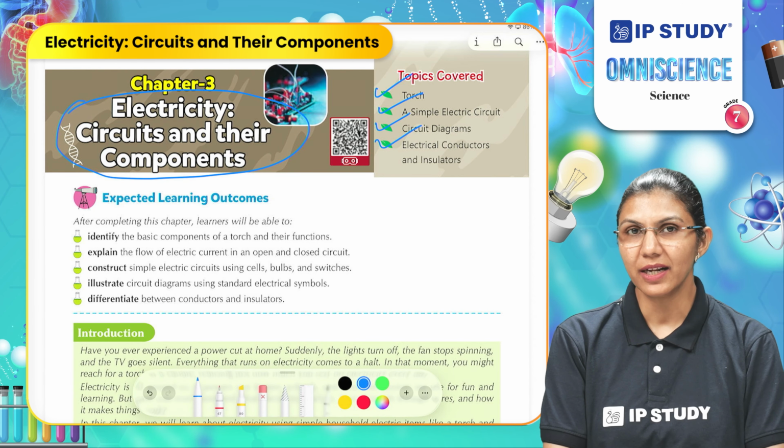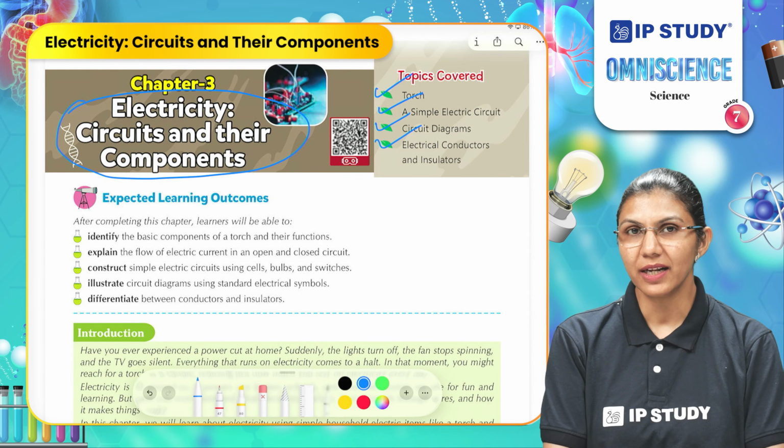Then here we have a metal spring which is connected to this metal strip so that it can complete the circuit and the current flows through the circuit to produce the electricity. So what is the requirement here to produce electricity through a torch? We need a closed circuit which is composed of a source of energy, which is the cell here, and a circuit made up of metal strips and metal spring, and it is connected to a small bulb which will produce and emit the light.